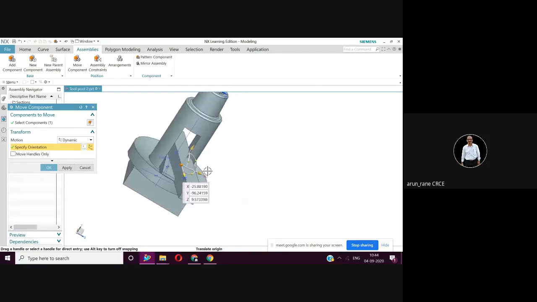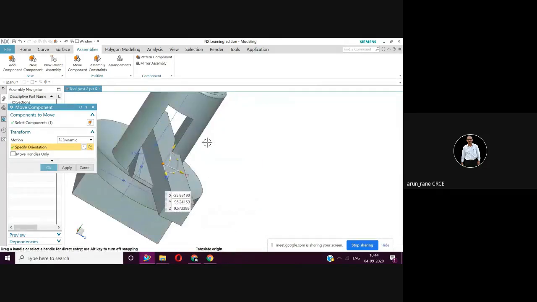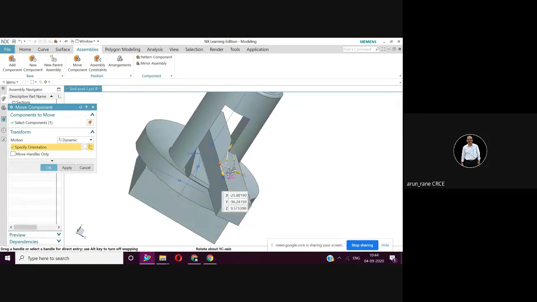We will rotate it and see. It's all mouse control. Rotate, and shift it a little to bring it to the center. It's up to you, not necessary that you should do it by this. But you have to use the move command.